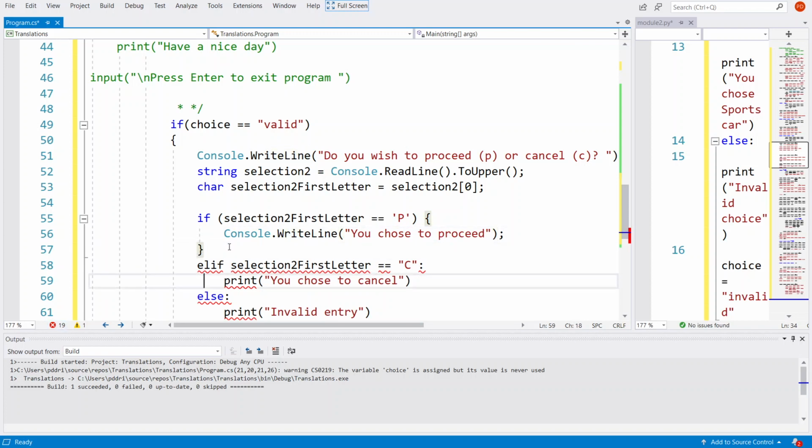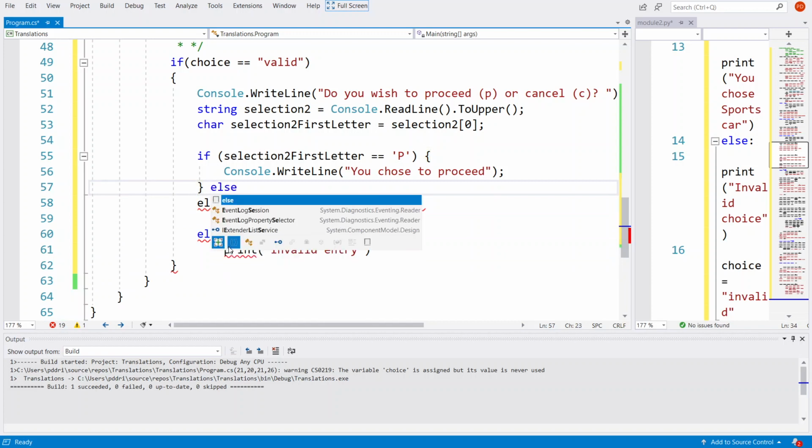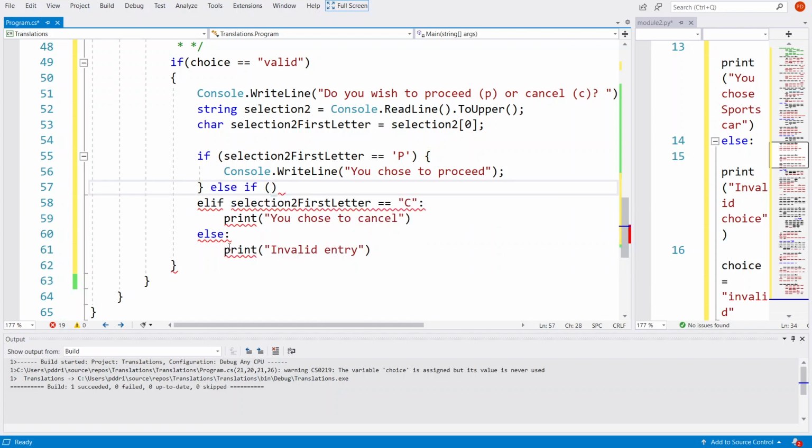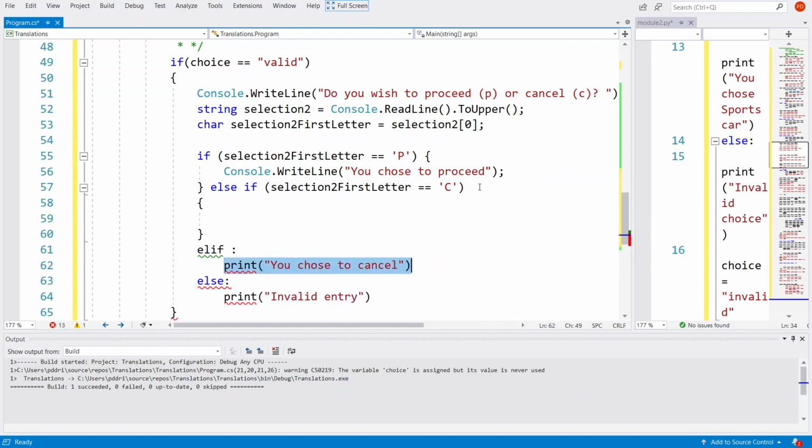Okay, so then an elif. So we won't use a switch this time, we'll just say else if, and then put the Boolean expression, the thing that is going to evaluate to either true or false, in here. So is selection first letter equal to C? Notice this has to be a capital letter because we converted what the user types in to a capital letter up here. And then we need to know what to do. So let's plop that in here,